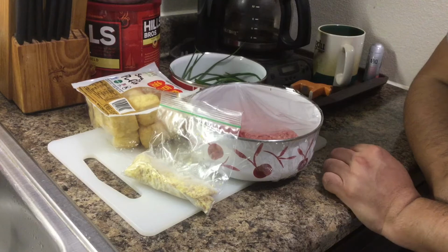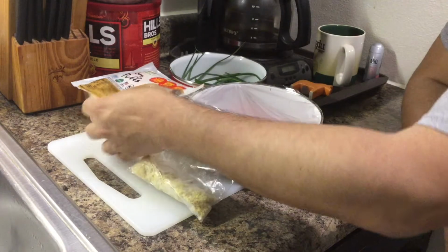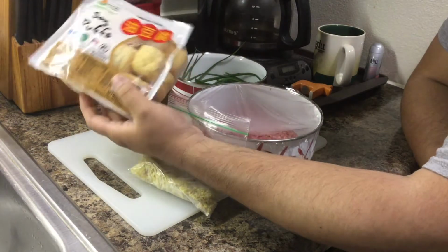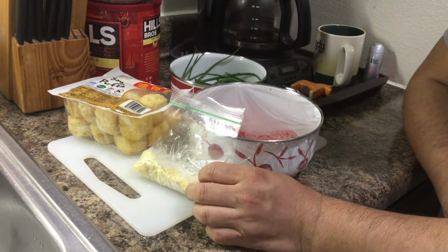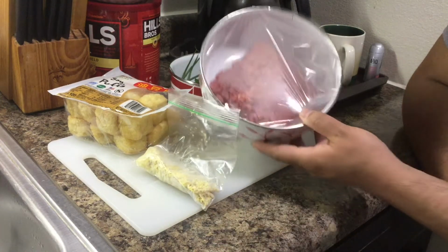Today we make a dish. It's called stuffed tofu with ground beef. Chinese name called 豆腐酿 or 豆腐盒子. The main ingredient we need is 1 pound of ground beef